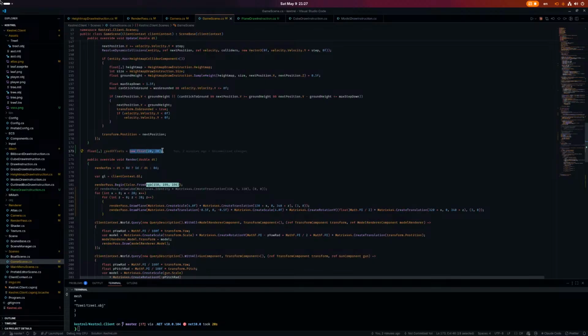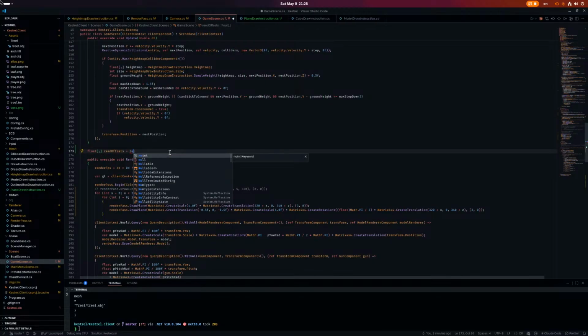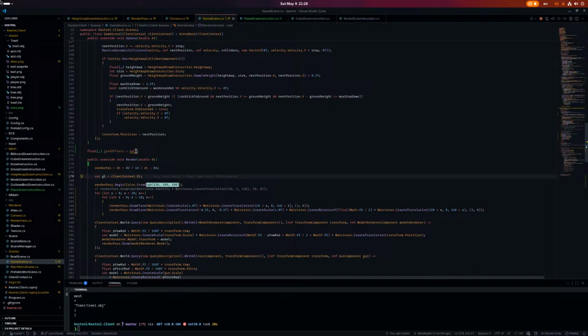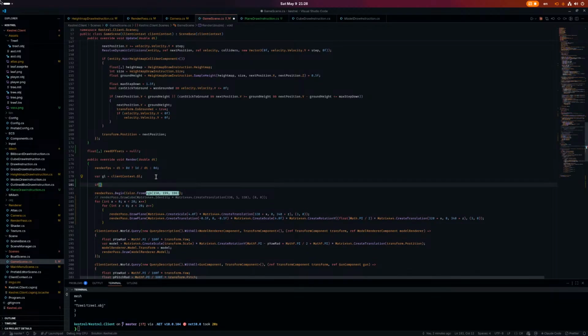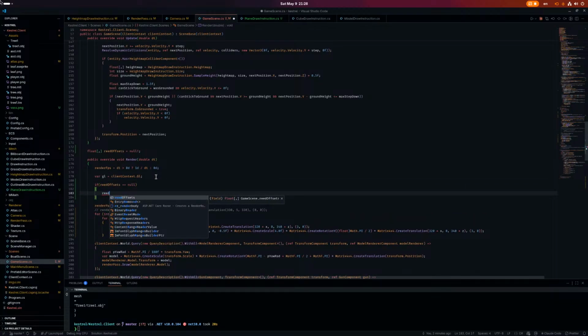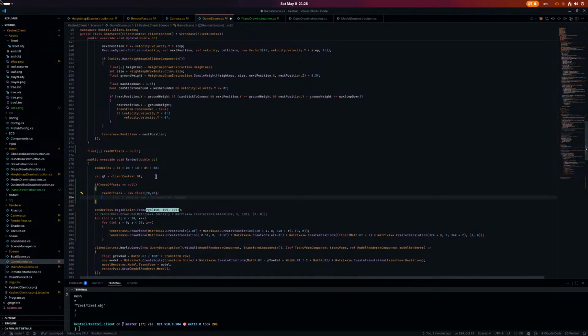Actually, we just set this to null, and then we pre-generate it, or generate it on demand. If read offsets equals null, then we want to do a read offsets equals new float 20 by 20. And we just do the same for this, and then we just do